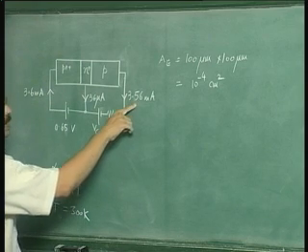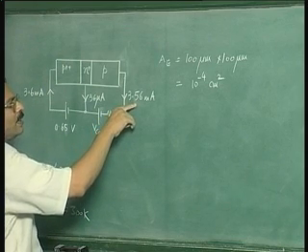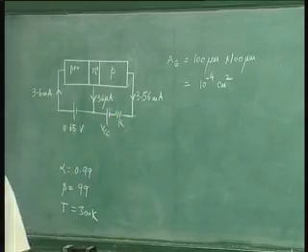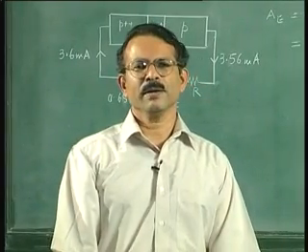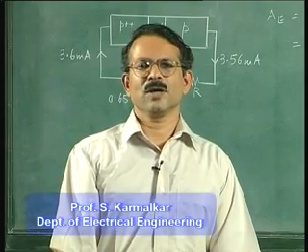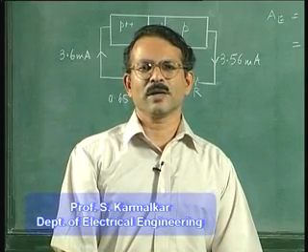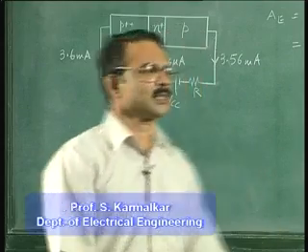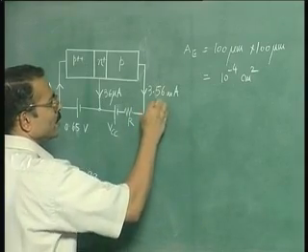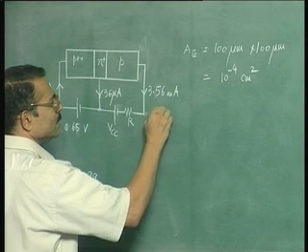The small signal current means the current may be about 1/10. In fact, 1/10 is also a very large value. 1/10 of the DC current is not really small signal, but for practical purposes, let us assume 1/10 of the current. So this means we are saying 3.56 milliamperes plus